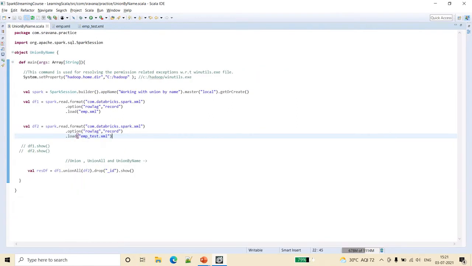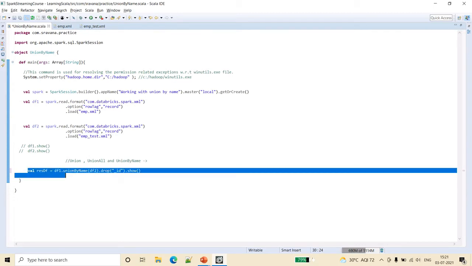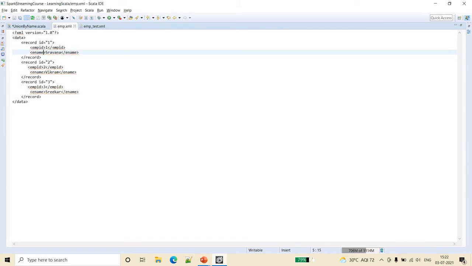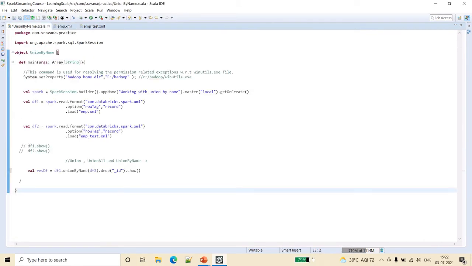So in such cases, when there are different numbers of columns in two different data frames, how can we merge them? For such cases, what we can do is use union by name. There is an option in union by name which can be passed as a second parameter, allowMissingColumns equal to true.